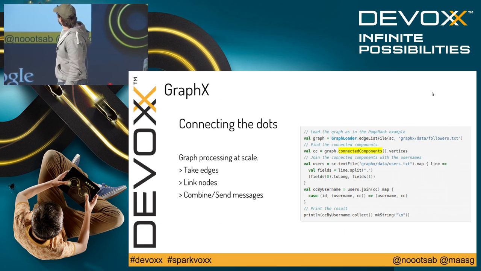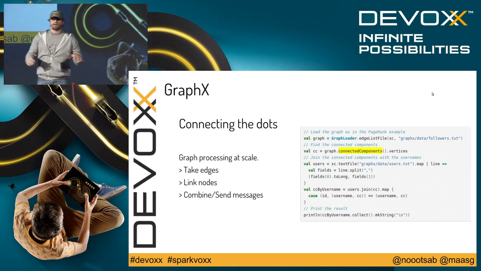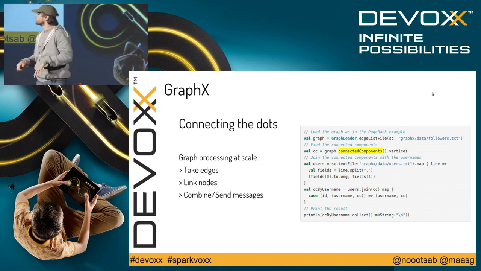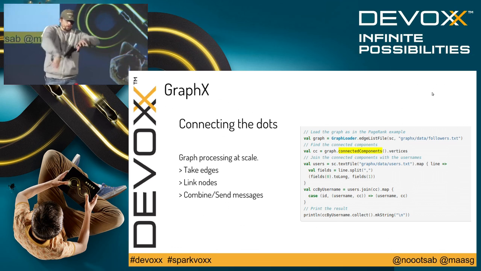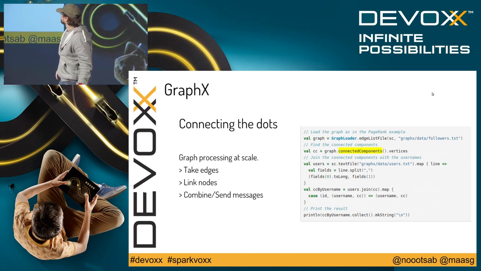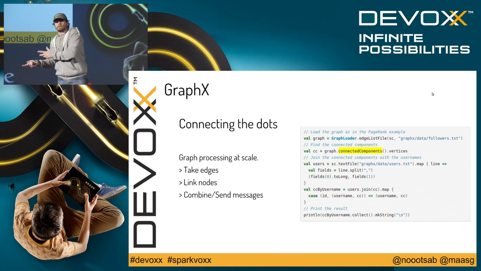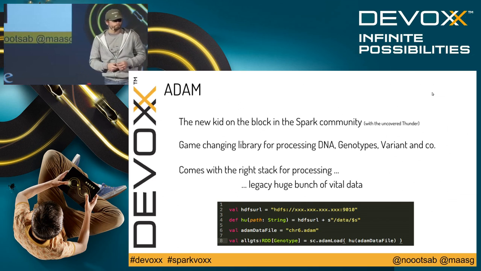And then you can ask for connected components. Connected components is the naive and quickest community detection that we can do on graphs. It just takes all the nodes that are linked together and separates them if there are no other links all the way to the boundaries. So you can take the vertices, and then you can also join with the user's data in order to see who is where. Pretty easy.